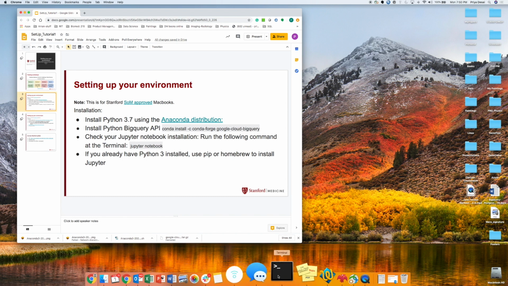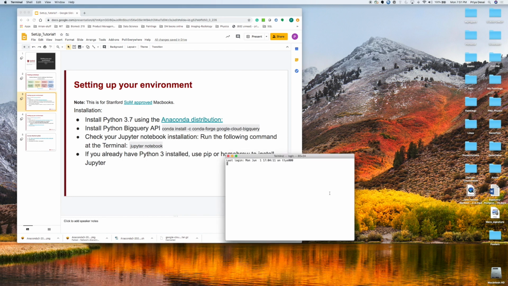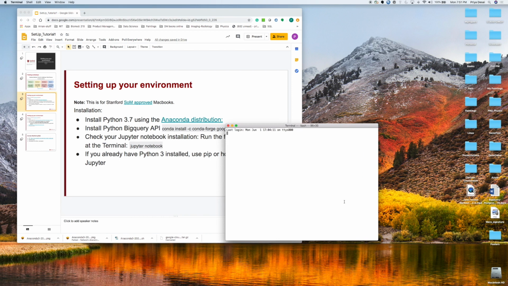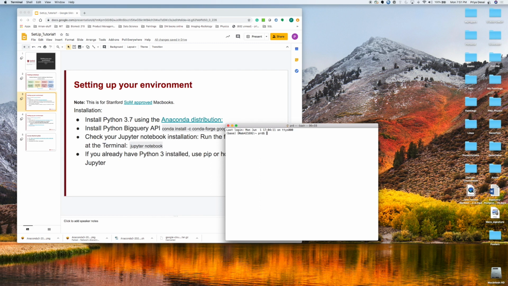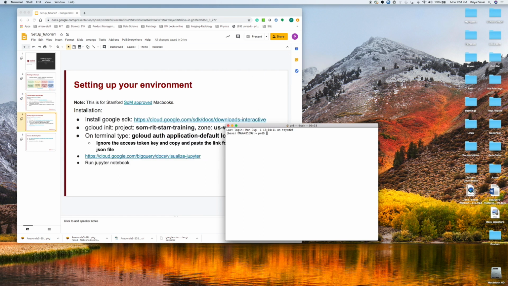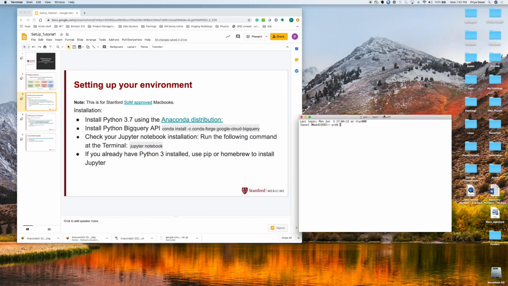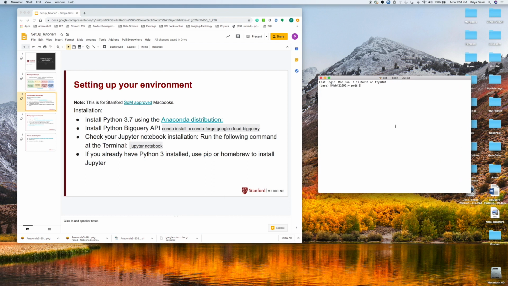The first thing I want you to do is pull up your terminal. For those of you who don't have it on your dock, you can go to the Spotlight search here and type in terminal, and it will bring it up. So that's my terminal. The way to check if you actually have Python is to say which python. I actually have Anaconda 3 Python, which is fine, but if nothing comes up,